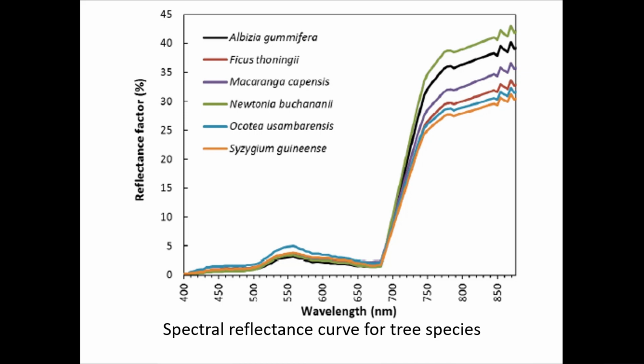So what sensors should you use in this particular scenario? You should use sensors which operate in the higher wavelength, something above 750 to 800 nanometer wavelength. If you use those, you can see that the reflectance for these different species of plants is largely different. Towards the longer wavelengths, the reflectance pattern for different species is largely different.